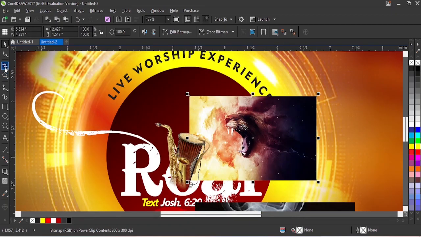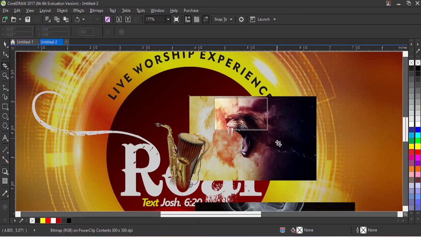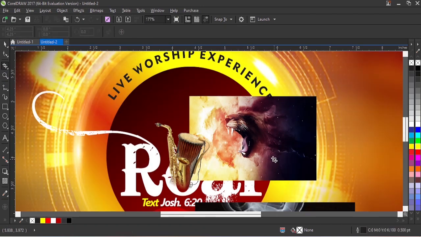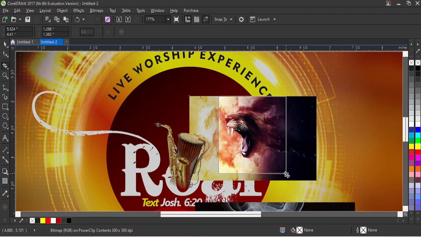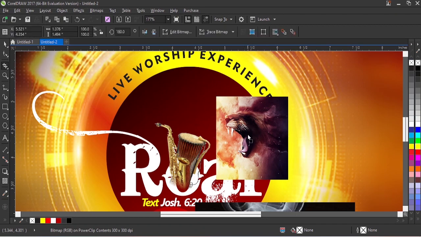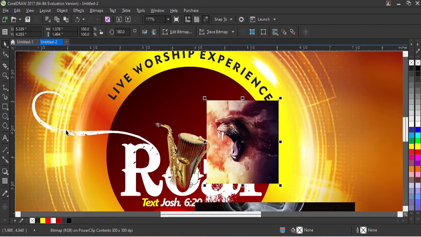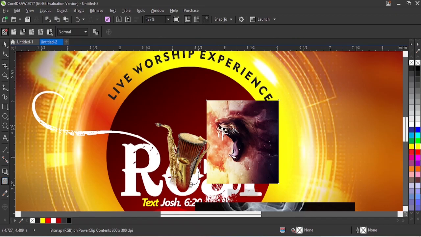Like I'll crop the part I wanted. So I'll crop this part. I'll just make sure the image you're working on is selected. So I'll select this one. Then I'll click on this crop tool, this one, then crop the part I want. So this is the roaring part I want. So I'll just select this part. Then I'll first fade the edges manually. If I choose to use Vignette, I may not get exactly what I want, so I'll just click and fade